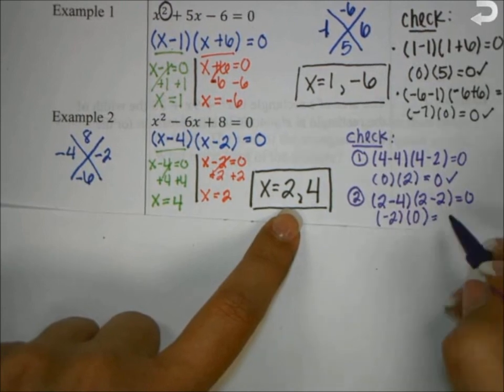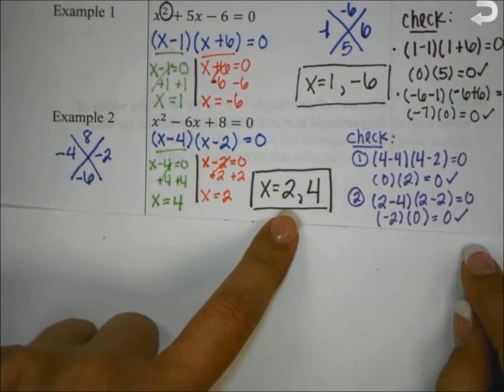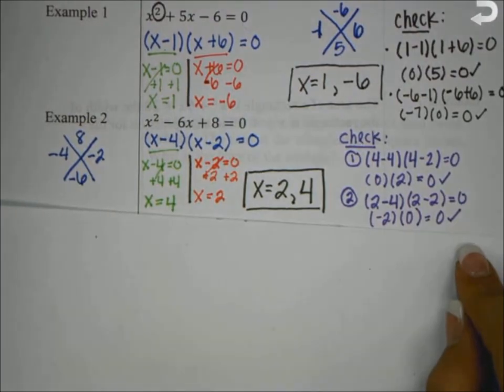So for example 3, I have x squared minus 15x equals 16. First